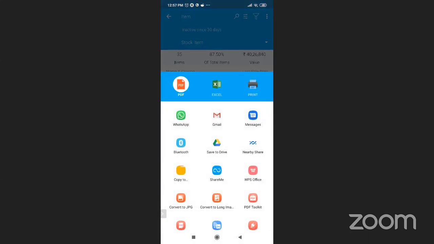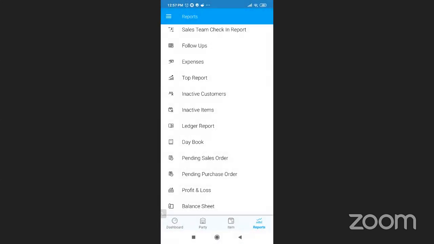Like I previously mentioned, most of our reports can be shared in either PDF format, Excel format, or printed. Share it via WhatsApp, Gmail, or messages. As long as you have a smartphone, sharing anything from BizAnalyst is okay. And as it is, BizAnalyst is made for smartphones. iPhone users and Android users can absolutely use BizAnalyst to share reports anytime they want, from anywhere they want.